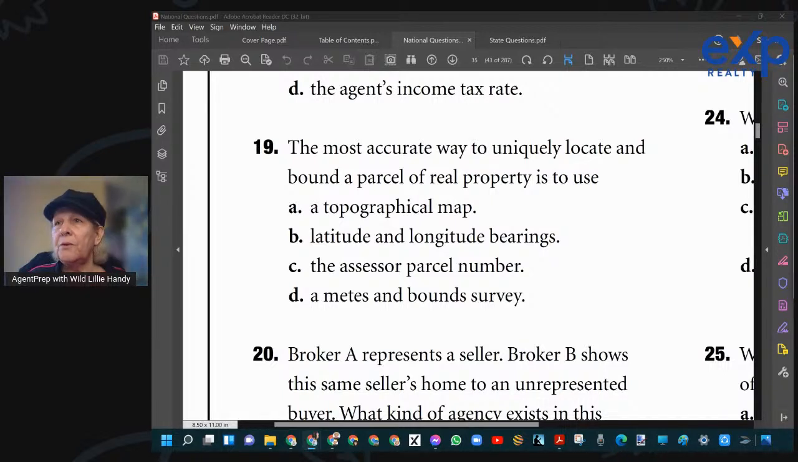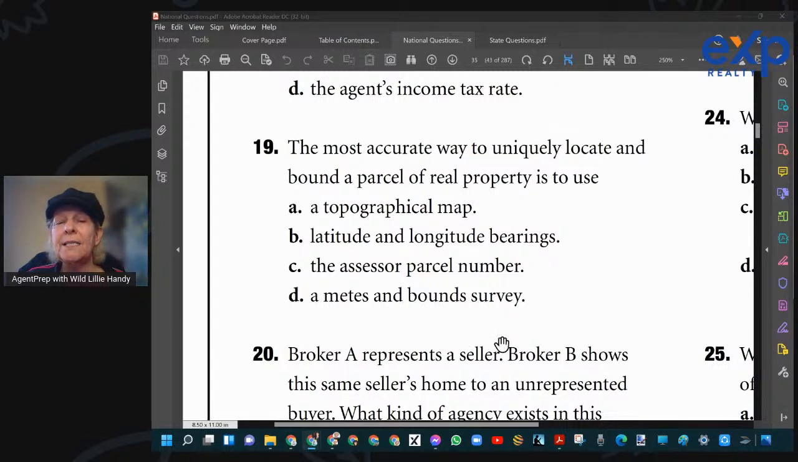Okay, so there are different types of surveys. I think 20 states use the metes and bounds, lot and block survey. The other states that have lots of acreage use the block, not the block system. Sorry, the